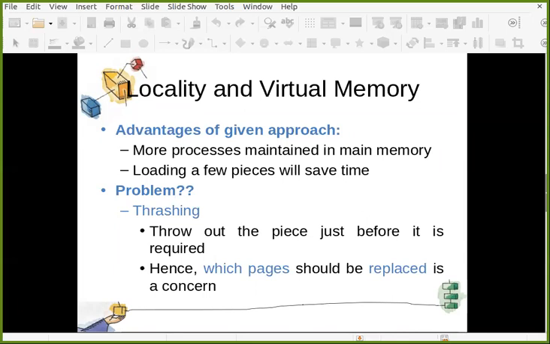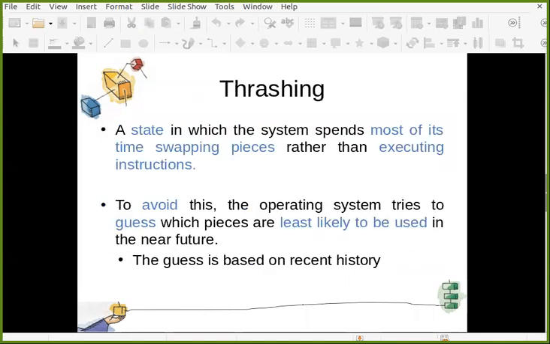So in this case, if you are replacing those portions of those processes which are actually going to be used in a very near future, and if you are doing this frequently, then basically you are wasting some CPU time, because replacement of these pages, it means which page will go out and which page will come in, that also requires CPU time. It requires some resources. So hence, which pages should be replaced is a concern.